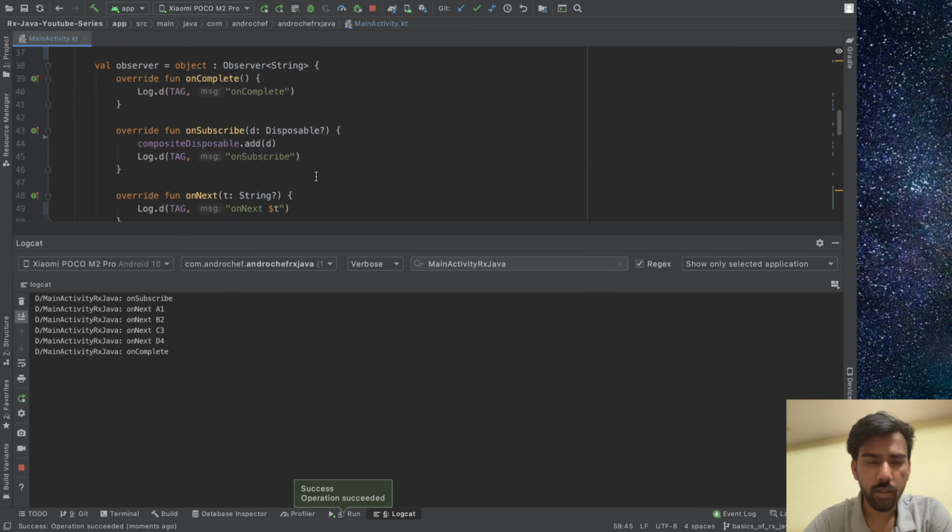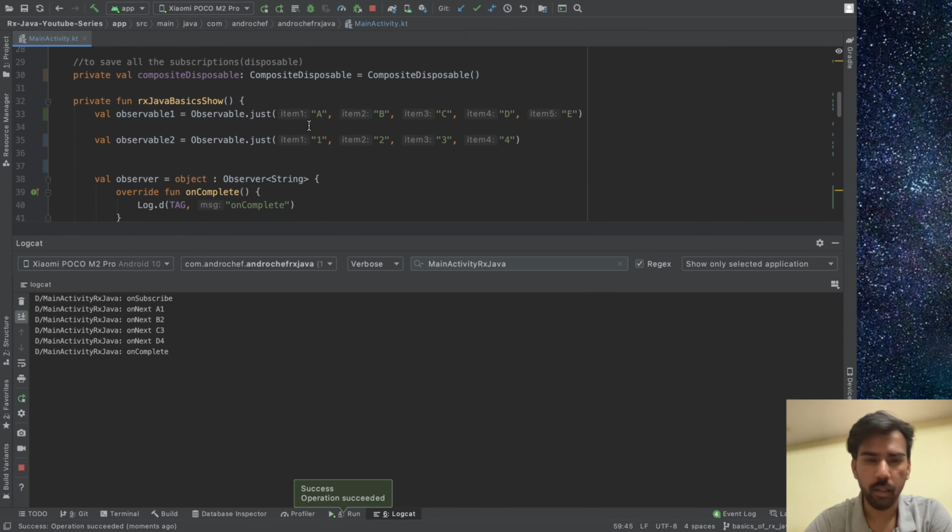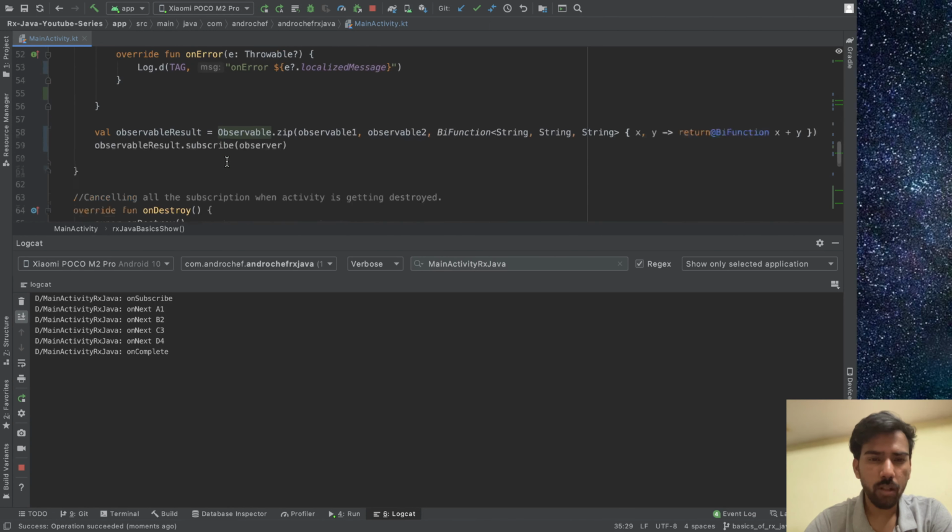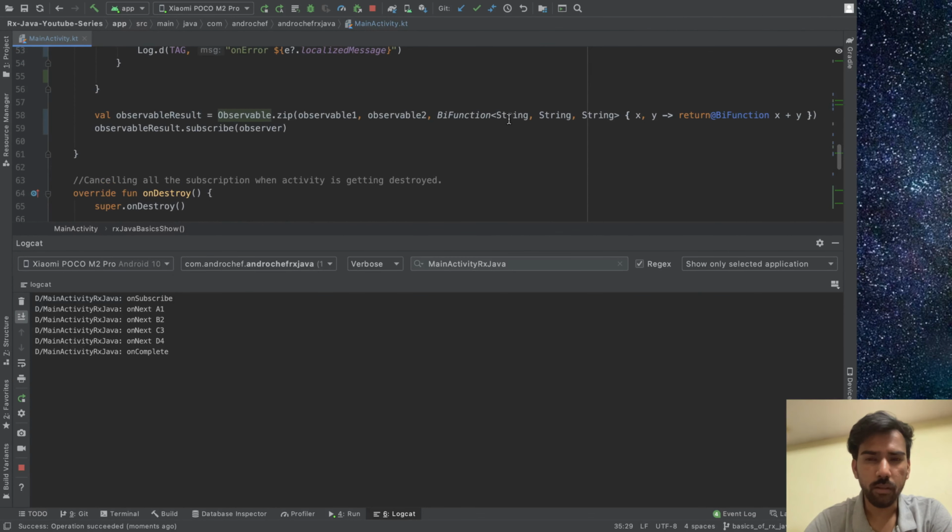Yeah, now as you can see, we had our data A, B, C, D, E and 1, 2, 3, 4, and the output is A1, B2, C3, D4, and E is skipped because we don't have a corresponding item in observable 2, correct? For now, as you can see, we are using only two observables.